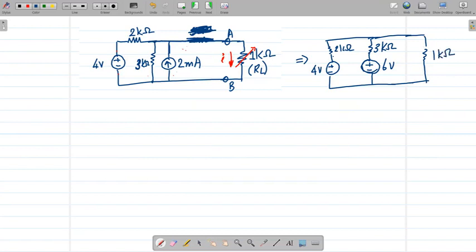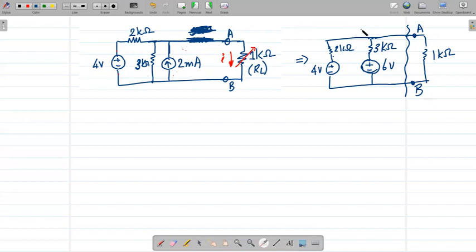So if I want to find the current flowing through the 1 kilo ohm, or the Thevenin equivalent, let's say that I'm trying to find the Thevenin equivalent, then I have a series of voltage sources in parallel with each other. Every voltage source has its own resistance in series, and multiple such voltage sources are in parallel. And then there is one resistor, the load, which is connected in parallel to all of this.